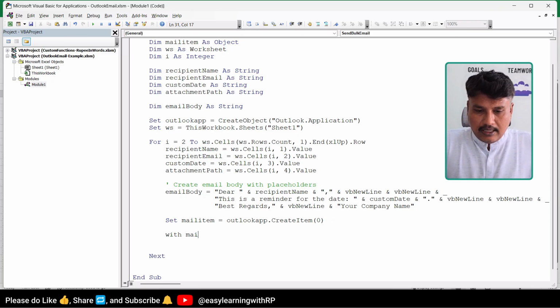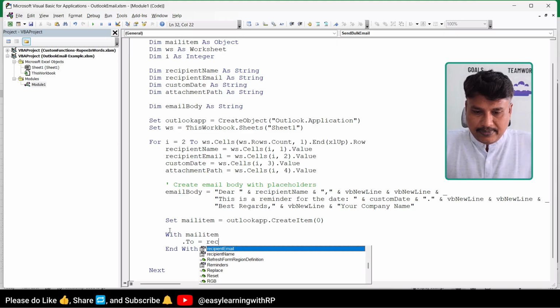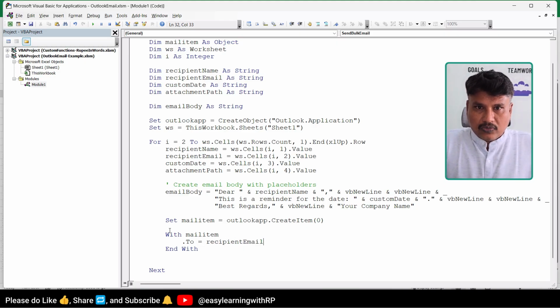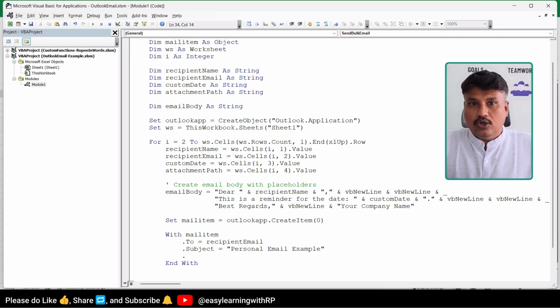So with mail item, we are just going to say dot to, which is the recipient email, dot subject, subject equal to personal email example. So to and cc are done.